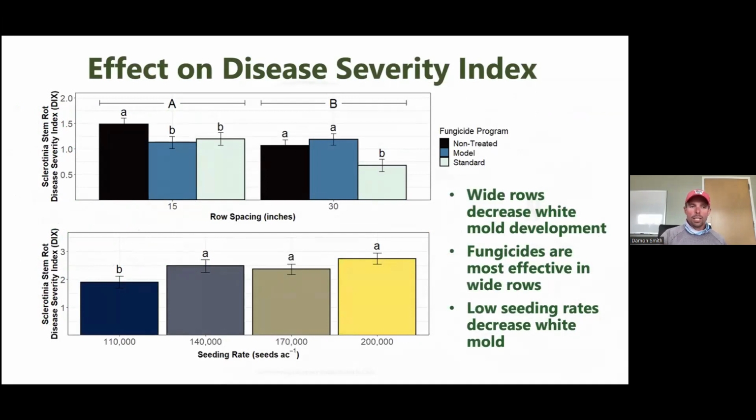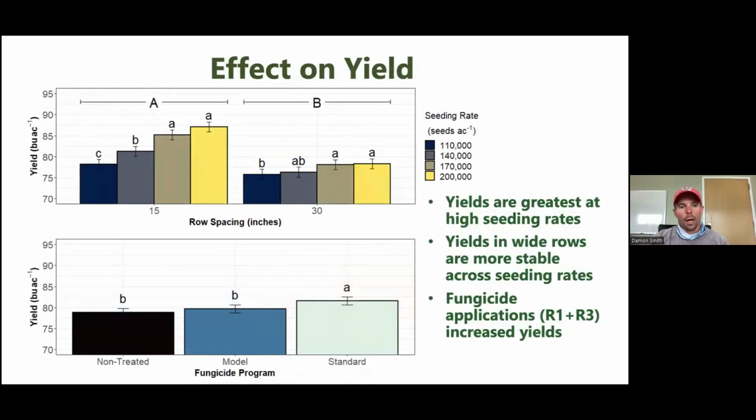You can see here, yes, we do tend to get a little more white mold in a 15-inch row spacing, but we can offset that higher white mold, kind of maintain our yield, if we're using a modern genetic variety with reducing that planting population a bit. So we want a modern variety because we want it to branch in those lower seeding populations. And I wouldn't be afraid to drop to 110 or 120,000 per acre. We've seen good results there and a good return on investment where we get that dialed in.